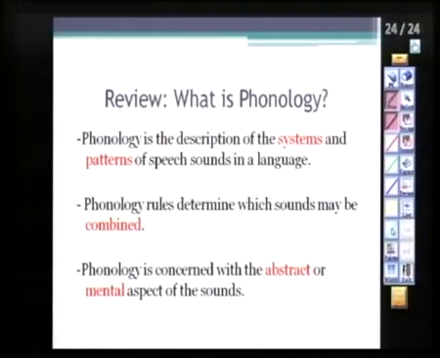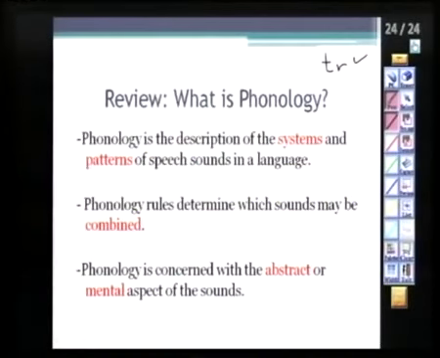What does that mean? We said, for example, the sound, let's say, ta and ra. The combination of the sound ta and ra, is it allowed in English? Yes, it's allowed. What decides that? Phonology. Phonology decides, or English phonology, because each language has its own phonology. I cannot say, for example, Arabic and English have the same phonology. No. Each language in the world has its own phonological rules.